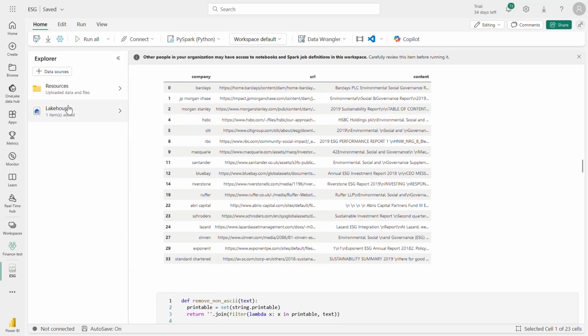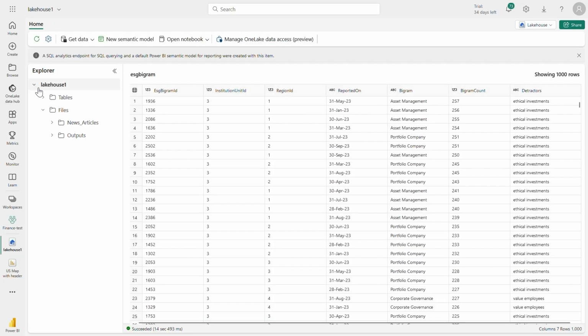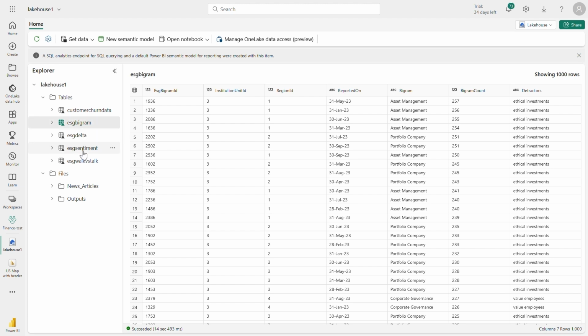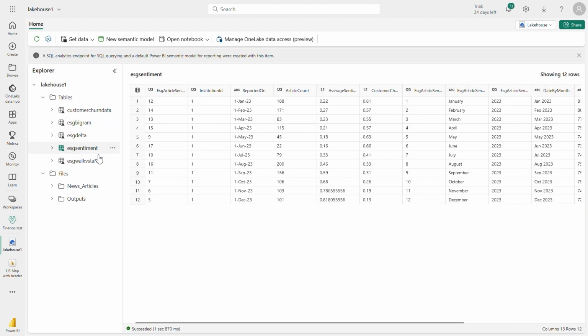So in the previous notebook, we got all of the data from the ESG reports and news articles into one lake using the NLP models in Fabric. However, no one actually has time to read through hundreds of pages of documents. Instead, we can harness the power of Azure OpenAI and Azure Search by directly connecting to OneLake as a